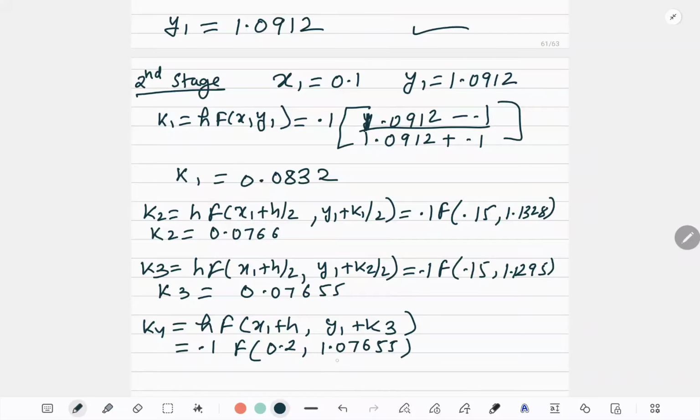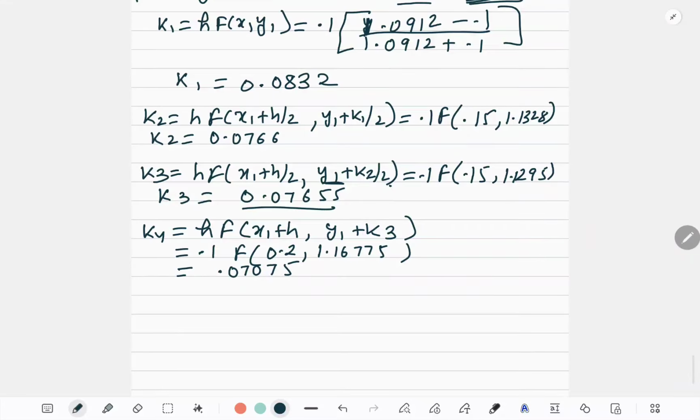Correct? So here Y1 plus K3. Now K3 is this, but what is Y1? Don't make this mistake. Y1 is this, not 1. Okay. So when you add these two, you will get 1.16775. Same way here also you should take care what your Y1 is. Y1 plus K2 by 2 you have to do, and for Y1 you should take this. So don't make that mistake and be very careful while doing the second stage. So K4 value will be